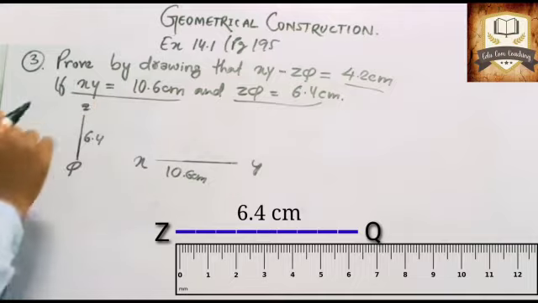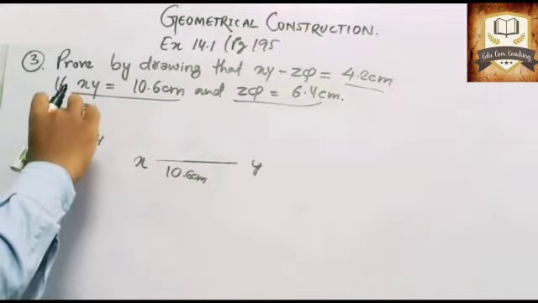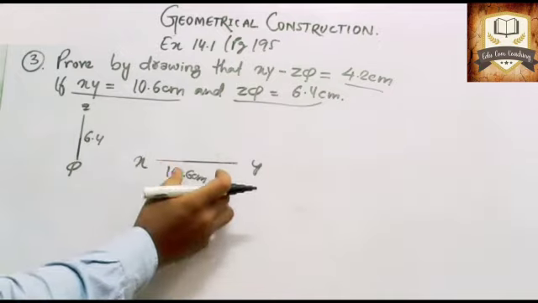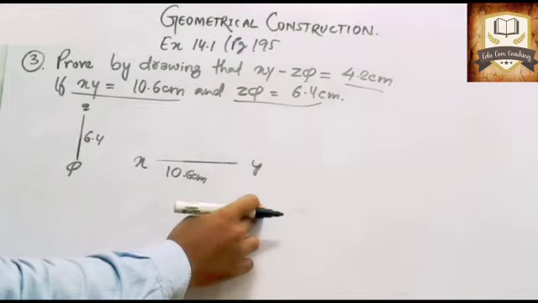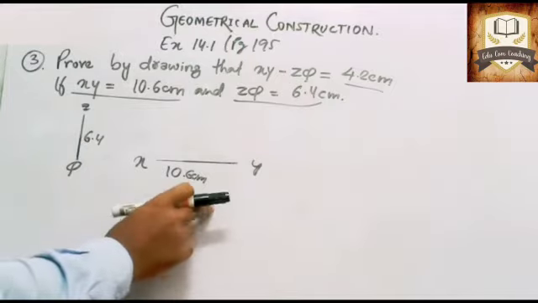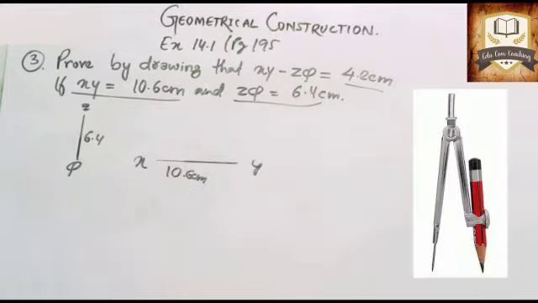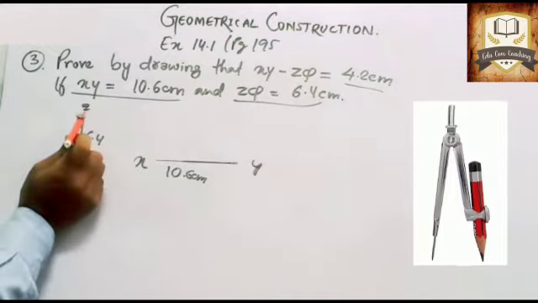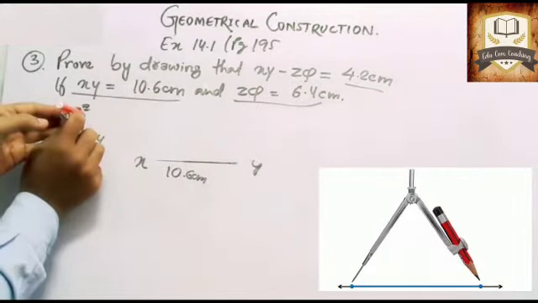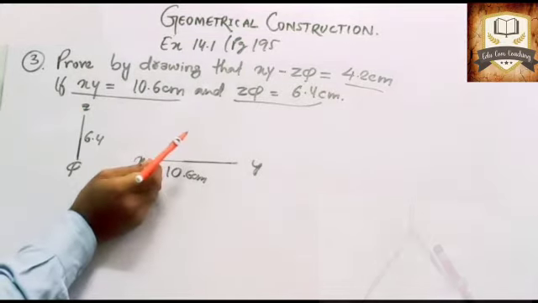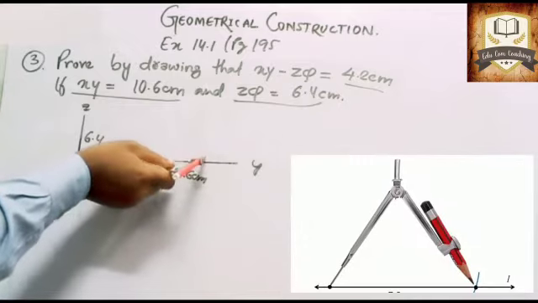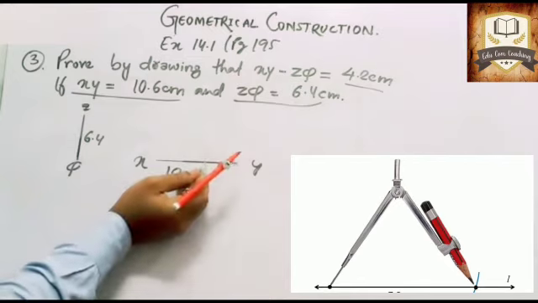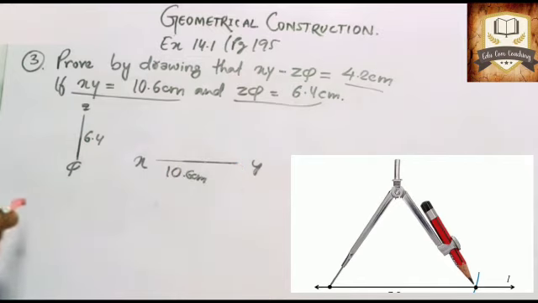Now you have to take this arc into the compass and you have to cut these portions, because we have to subtract and find out the rest of the portion. So for that you need a compass. So here is a compass and I am going to take that arc into my compass and place it at the starting point and cut this one. Okay, so this is a cut point. I hope you are able to see this one.